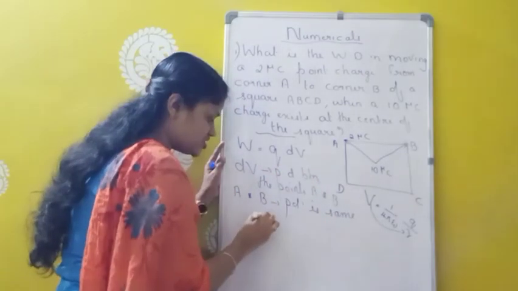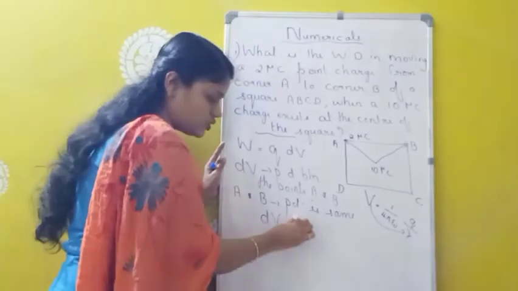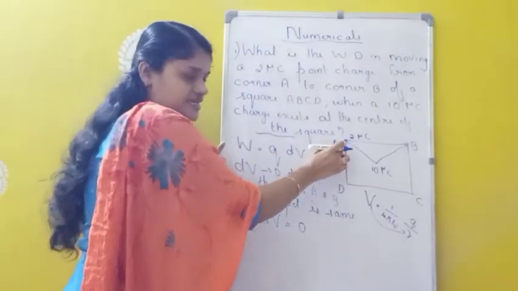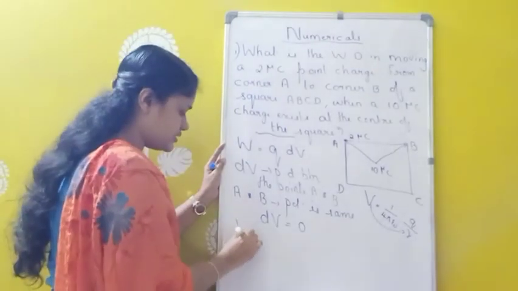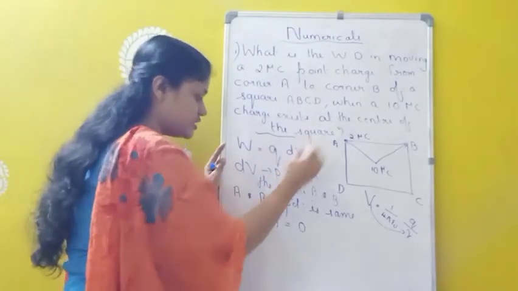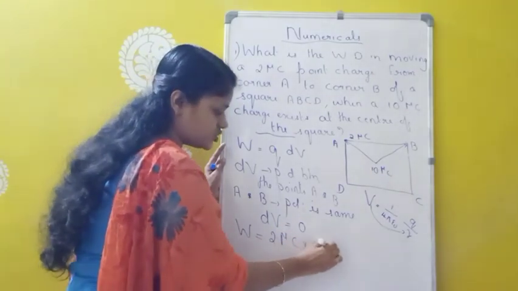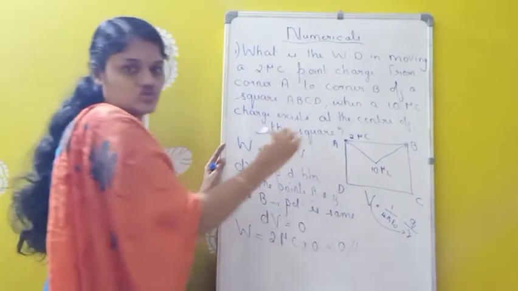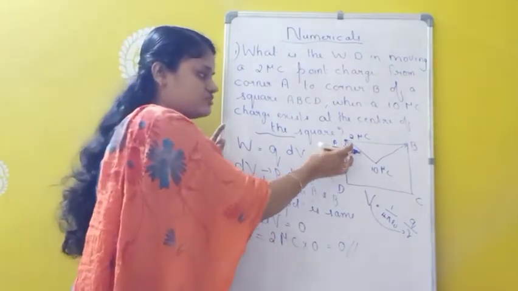Then what about potential difference now? Is there any potential difference there? No. So potential difference is 0 here. Since the potential at points A and B are the same, potential difference is taken as 0. So what about work done? Work done W equals charge 2 microcoulomb into potential difference, which is how much here? 0. So the answer is how much? 0. So we have to do 0 work to move this 2 microcoulomb charge from A to B.